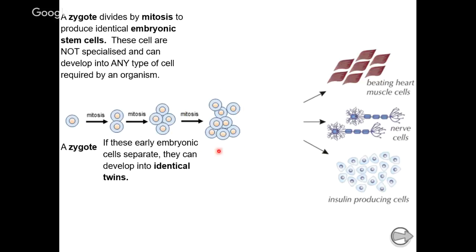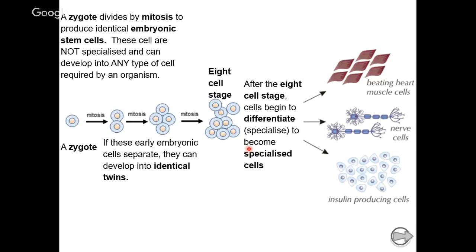At the 8-cell stage, actually, these cells begin to specialize. So ranges of their genes are going to be switched off, and only the genes that they really need, like the heart cell, it's going to have a whole load of genes that encode for, say, proteins that are able to contract. And the nerve cell will have a load of genes which are involved in transmitting electrical impulses. So as a specialized cell,